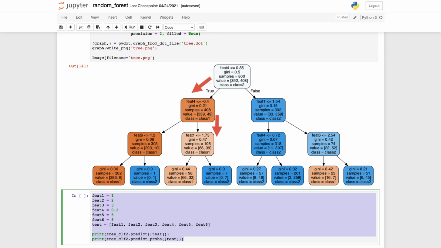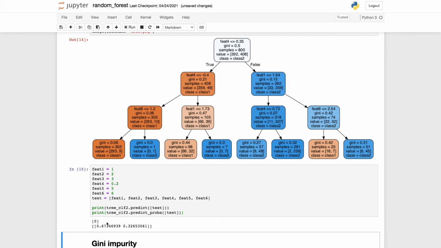And then the tree asks the question, is feature 1 less than or equal to 1.73? In our case, that's true. So then it will move towards the left. Therefore, our tree will predict that our observation belongs to class 1 with a probability of 66 divided by 66 plus 32. Let's check. So, indeed, belonging to the first class, which in our case is 0, with a probability